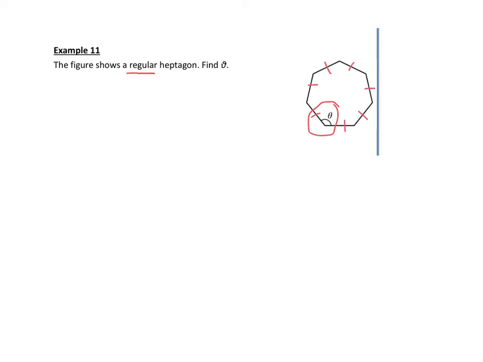Second, all the interior angles should be the same size, so that each of the angles must be theta. That is the meaning of regular. And for the heptagon, it means that it's a 7-sided